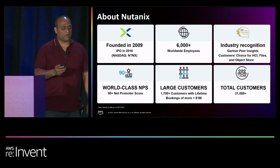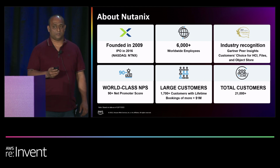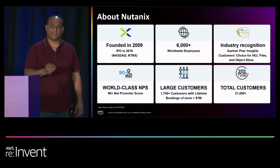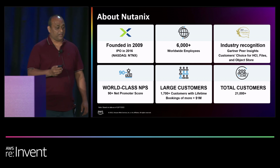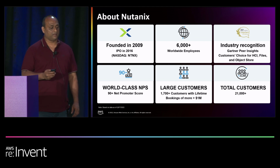Now, it also allowed you to add new x86 servers to increase compute, storage, or both of them independently, depending upon your use case. This eliminated silos and inefficiencies that exist in typical three-tier architectures. Nutanix continues to be a leader in HCI through Gartner Magic Quadrant and